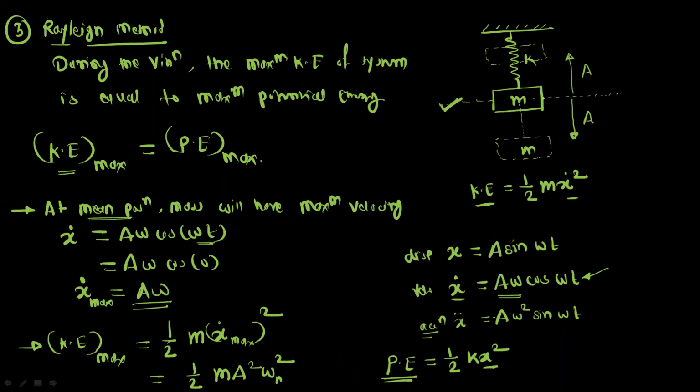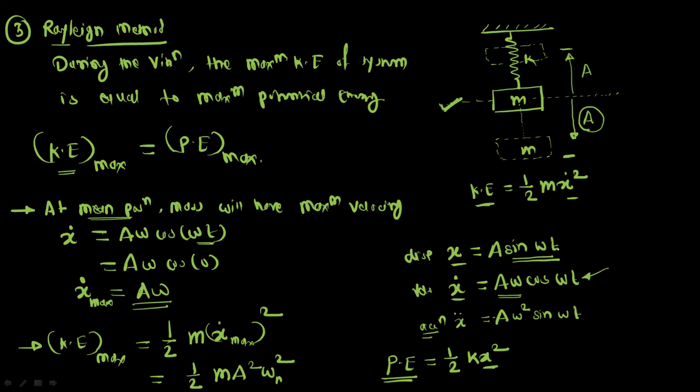So in this oscillation, at which point will the spring have the maximum deformation? It is only at the extreme position, either the bottom extreme position or the top extreme position. This maximum deformation is equal to the amplitude of the vibration. So here x, you can put sine omega t equal to 1, so that we get the maximum value of x.